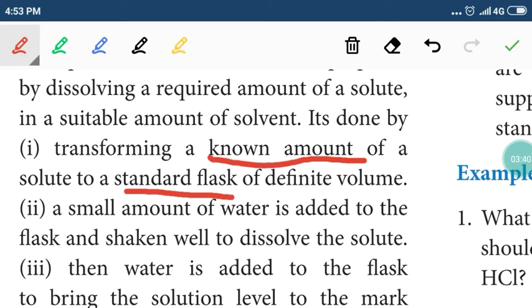Then we are going to add solvent. Initially we won't add the full amount of solvent. To dissolve the solute, a small amount of solvent will be added. For example, if we are going to prepare 100 ml of standard solution, with the solute we will not directly add 100 ml of solvent. First 10 to 20 ml of solvent will be added to dissolve the solute. So the first step, take a known amount of solute in a volumetric flask, then a small amount of water will be added to dissolve the solute, and the third step is